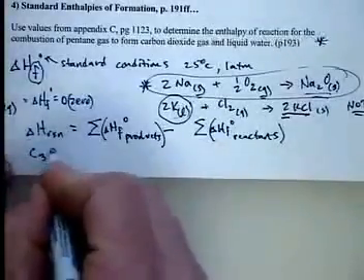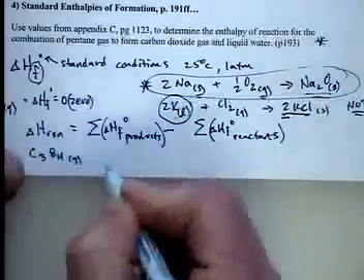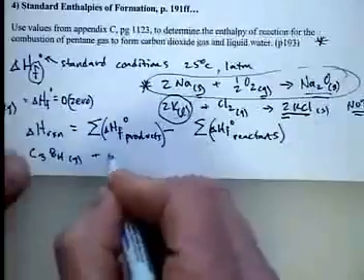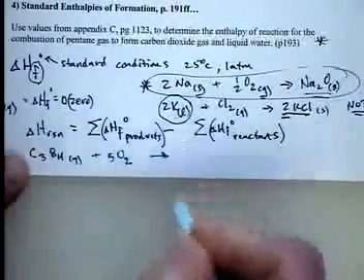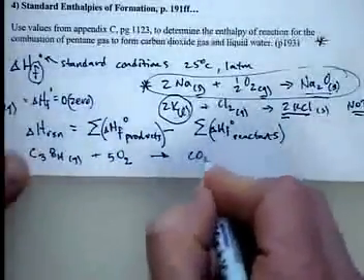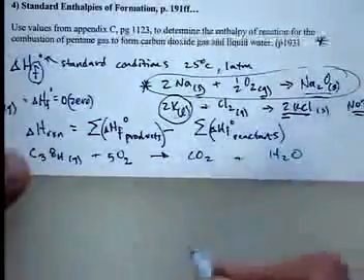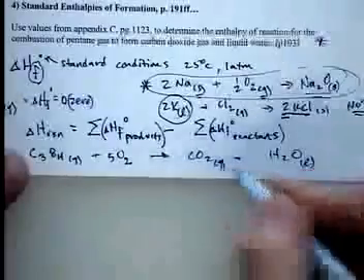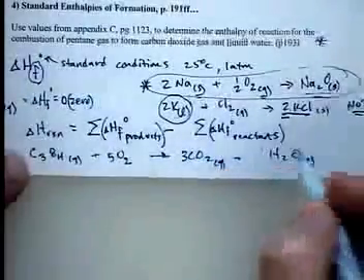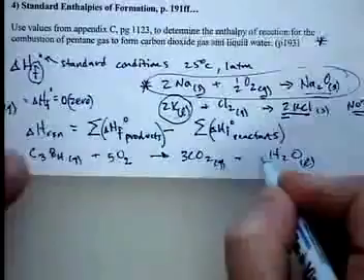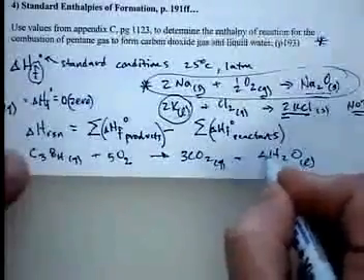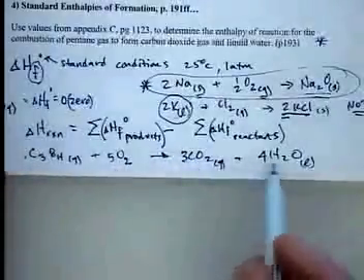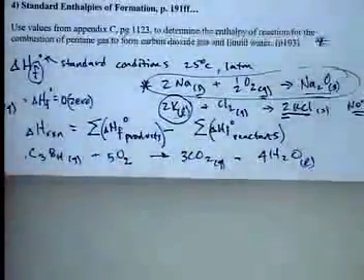Propane is C3H8. It's a gas, and we need to burn it in oxygen. When we burn it in oxygen, we'll get carbon dioxide and water. We'll produce liquid water and gaseous carbon dioxide, because they are in their standard states at 25 degrees Celsius. And if we balance this equation, there's one of these for every 5, for every 3, for every 4 of